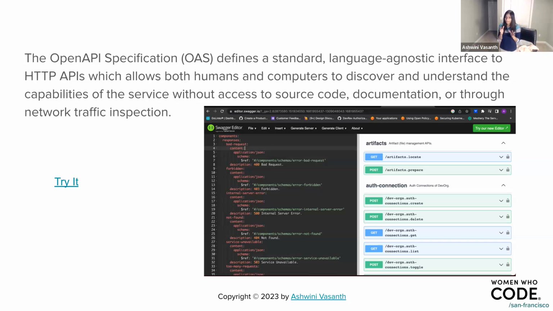Because it's a fixed structure and there are rules to it, you can build tools around it to interpret what is written in your definition or specification. Because you know the rules of the game, you can render it. The advantage of having a specification like this for your API is, one, it's standard.